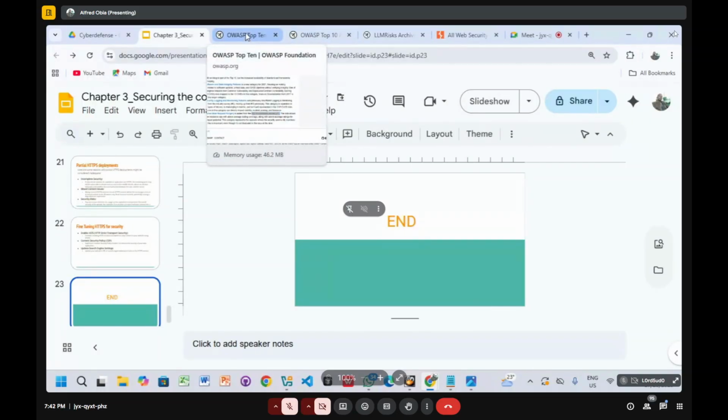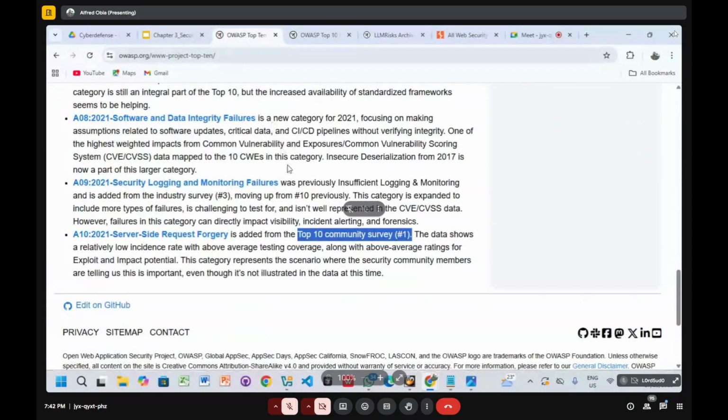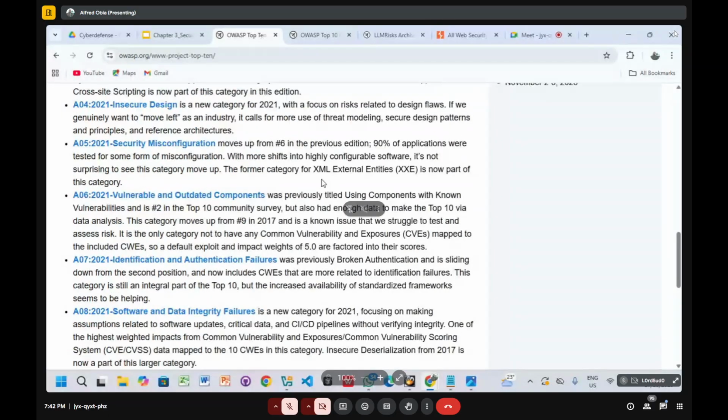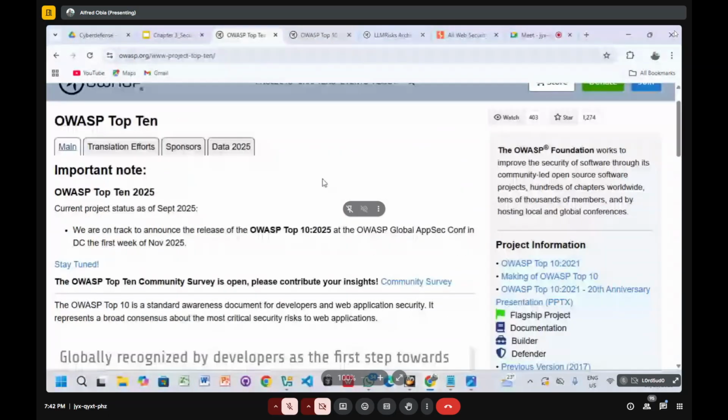Okay, now that we know what a website is, how a website works, and some of the security issues that come through the website, we need to go deep and look at the vulnerabilities that mostly affect web applications. Now,